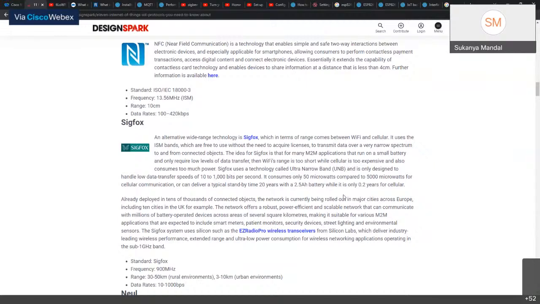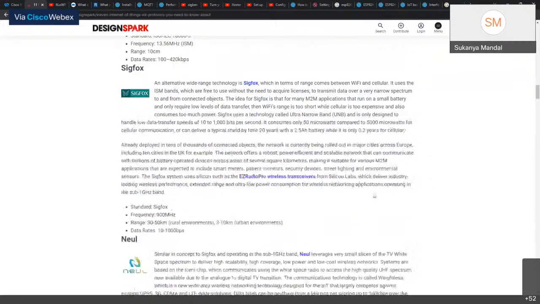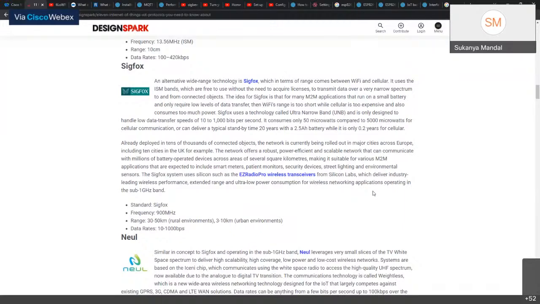It uses the ISM bands, which are free to use without the need to acquire a license, something to note, and transmits data over a narrow spectrum to and from connected objects. The idea of Sigfox is that for many M2M applications that run on a small battery and only require low levels of data transfer, Wi-Fi range is too short, while cellular is too expensive and also consumes too much